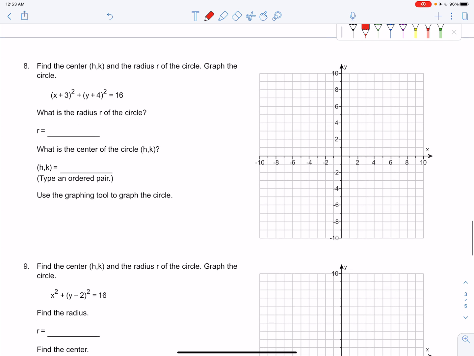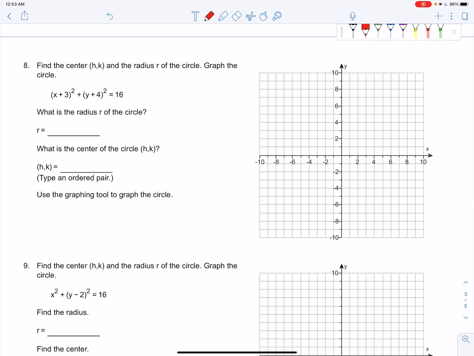Same kind of problem. Let's first figure out what's the radius. I encourage you to write that as r squared. So 16 is equal to 4 squared, so that really helps us to remember the radius is just 4, it's not 16. And the center, of course, is the opposite of what you're looking at here, so it's going to be negative 3, negative 4. Tells us we have to shift left 3 and down 4. Left 3 and down 4 gets us to our